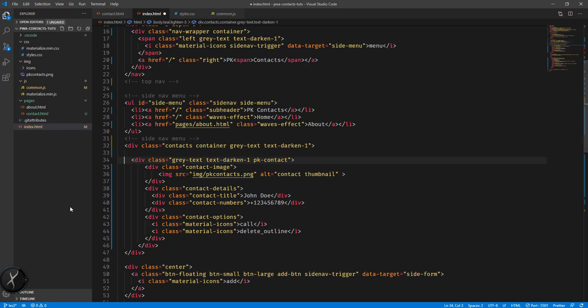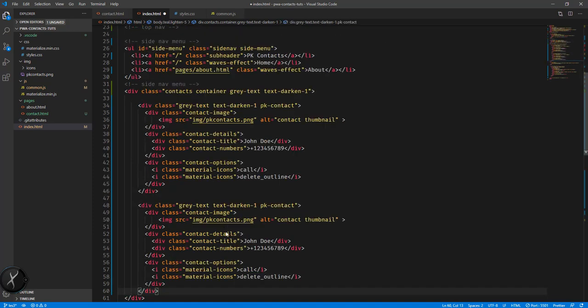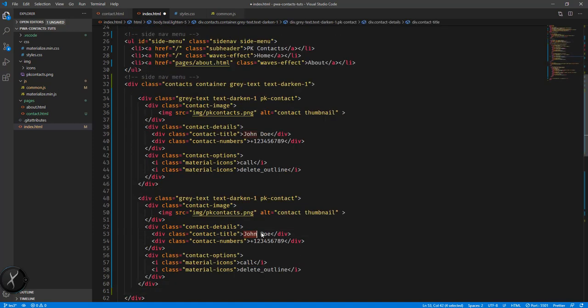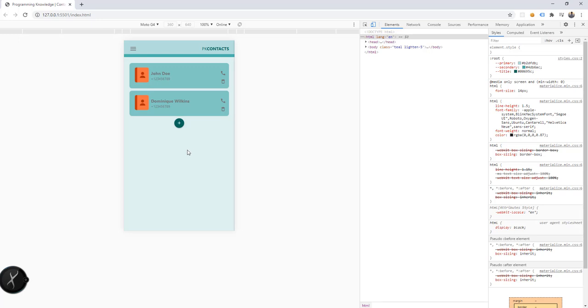Okay, so all we have to do is copy all the elements that we have here and then paste it here, and let's just change the name into Dominic Wilkins or something, and the same number. So save, and we should be getting two contacts right here with all the information, the image thumbnail, the name,